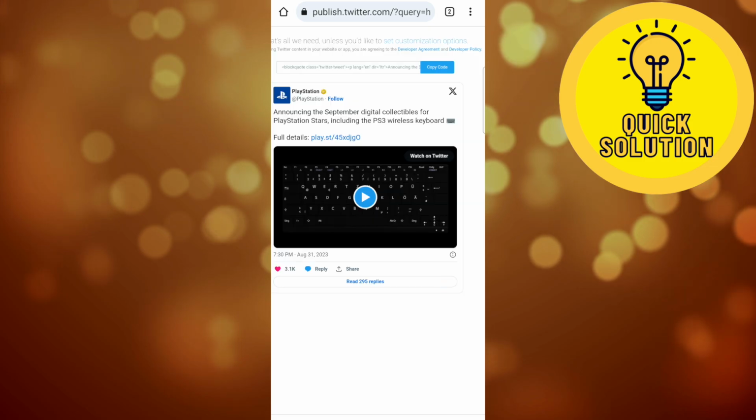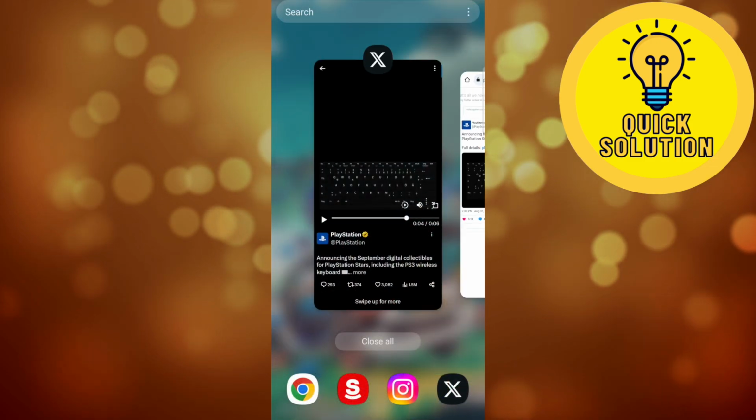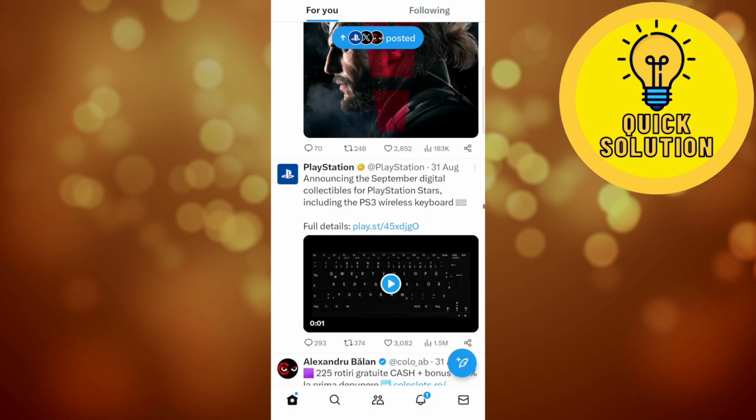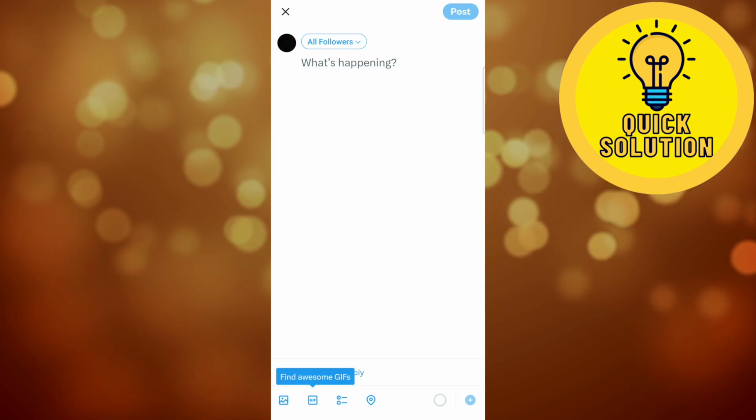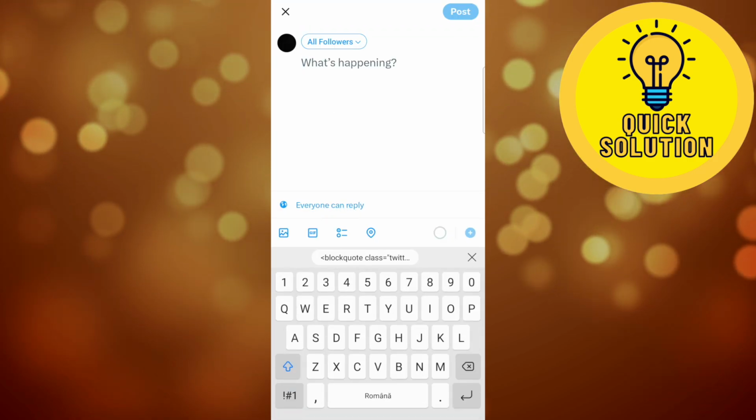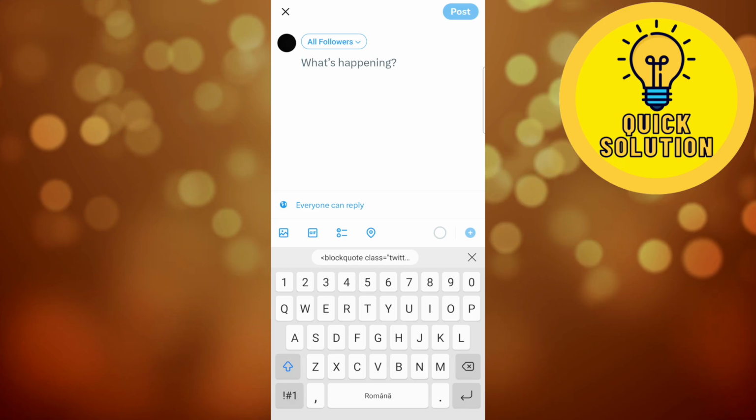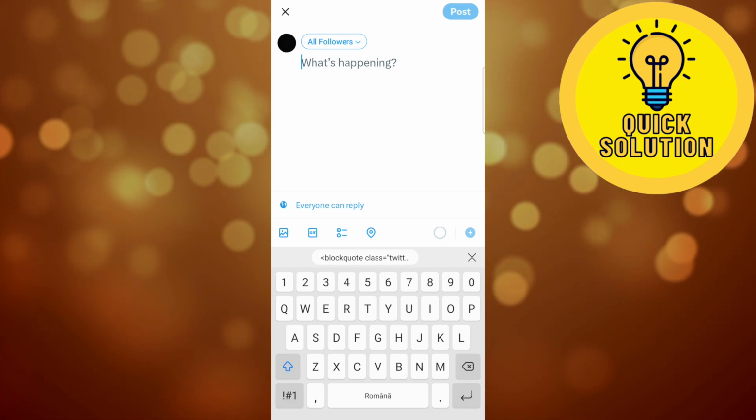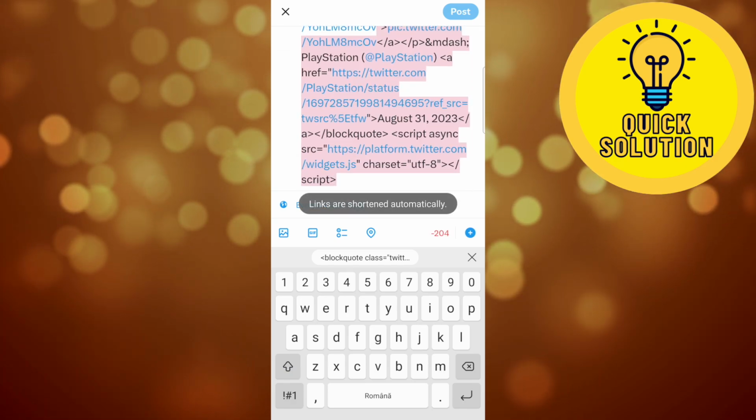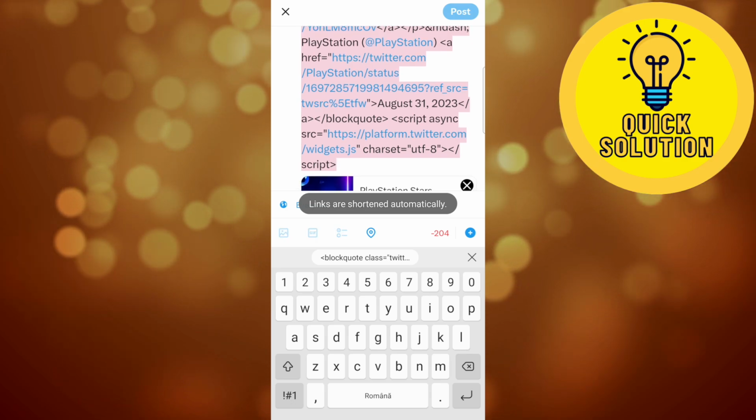So the code has been copied, and I'm going back to my Twitter account right here, and I'm just going to create a new post, and I'm just going to paste the code that I have copied earlier. Let me just paste the code right here. So what we're going to do right here,